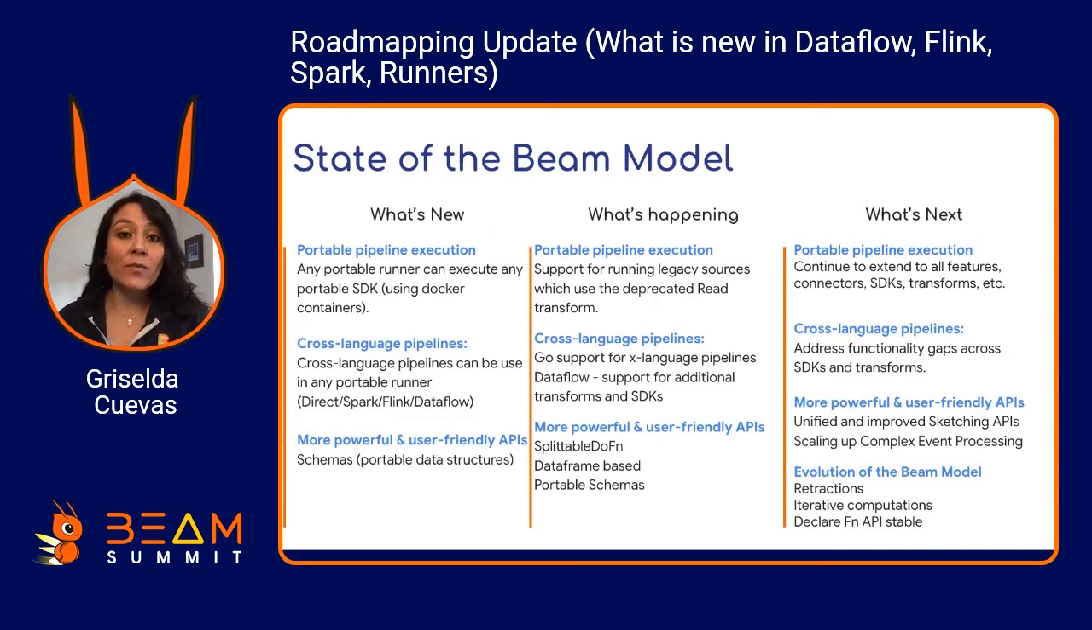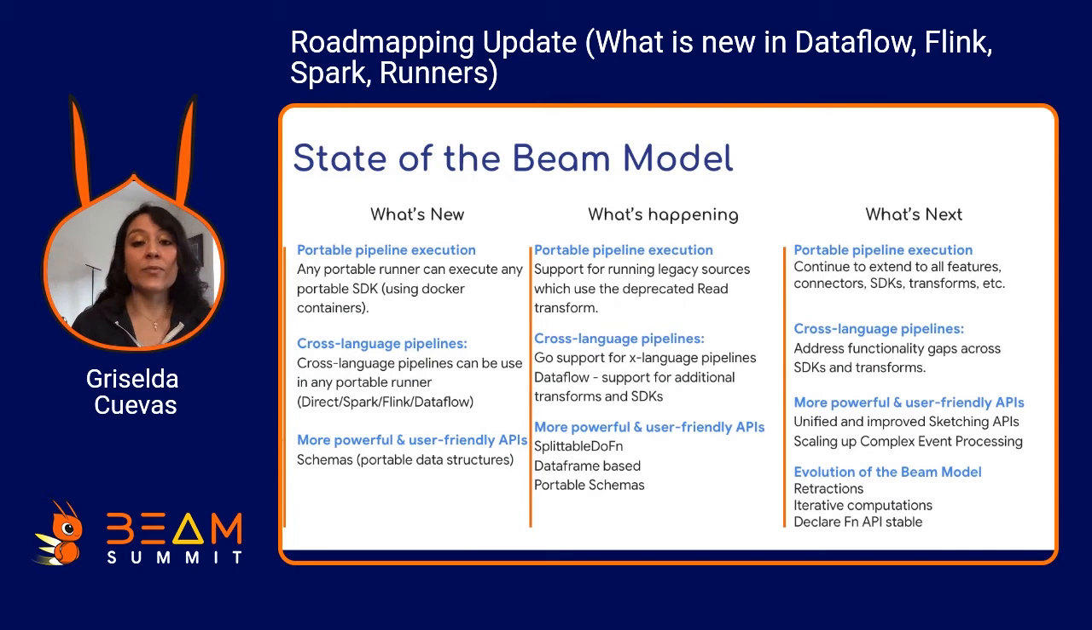So for what is happening right now, in the portable pipeline execution, we're adding support for legacy sources. So this is something that we have heard our community request many times. So now we have finally started to work on supporting this piece. In terms of cross-language pipelines, we continue to mature the support for Go, which is another SDK that we want to add to the cross-language pipelines. And we have also worked to develop more powerful APIs, specifically splittable DoFn, which is actually an API that lets you modify a Beam pipeline when it's running to either distribute work while it's running, or also to scale down